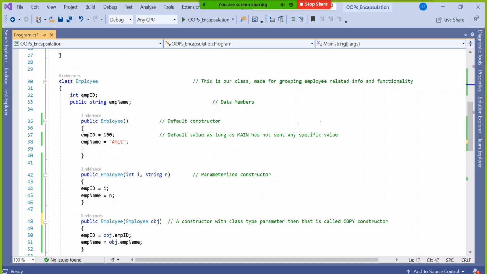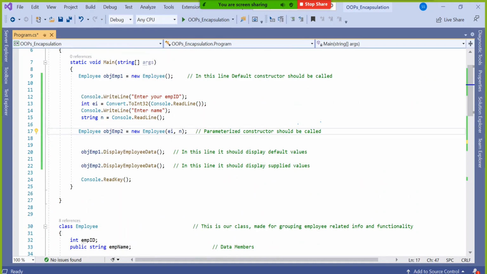That is the reason why it is not advisable to supply a lot of parameters to the system comma-separated with the help of a parameterized constructor. So they said, if that is the case, why don't you collect all these parameters into an object and supply that object as the parameter only? See how I am doing it here.